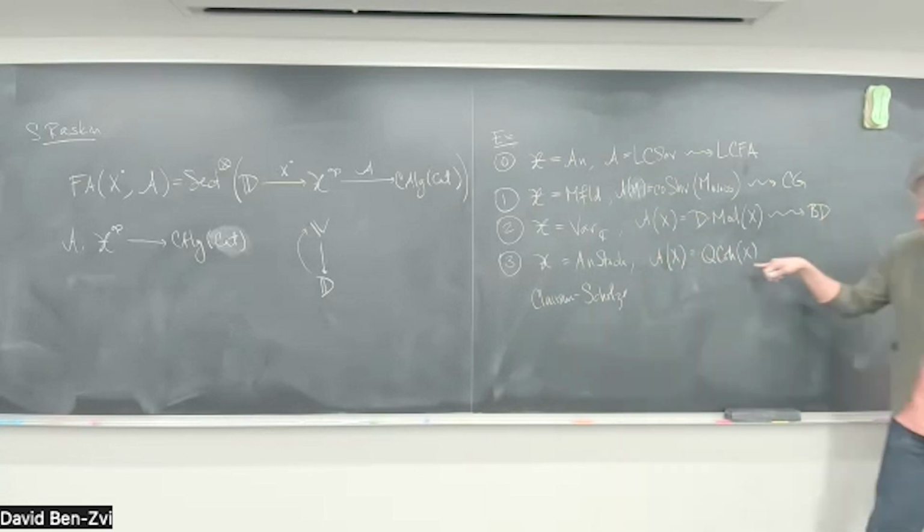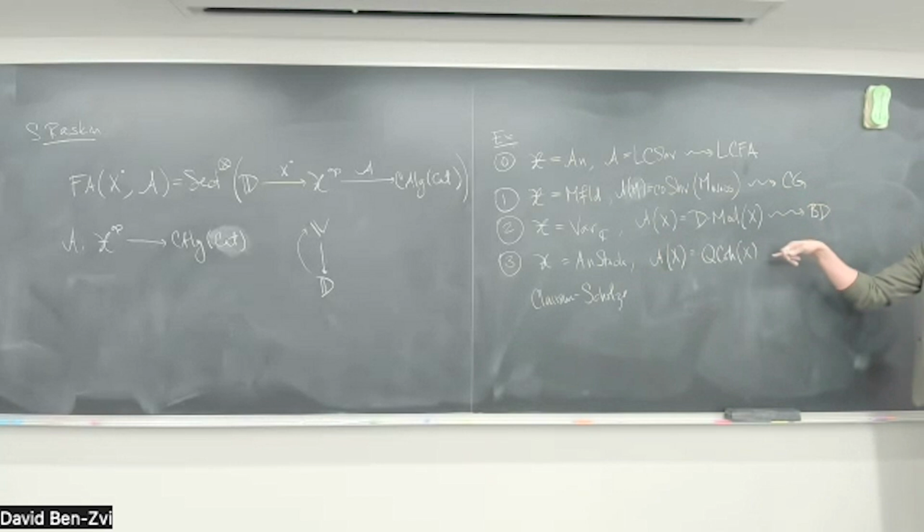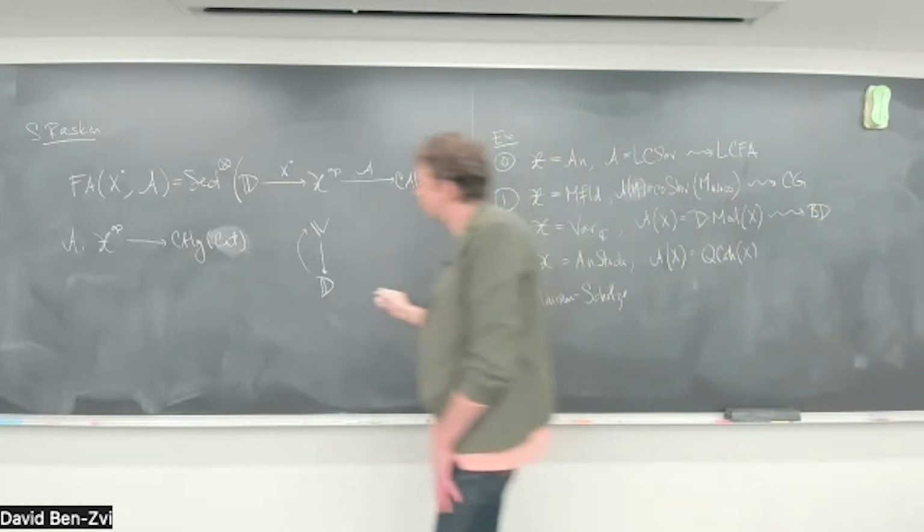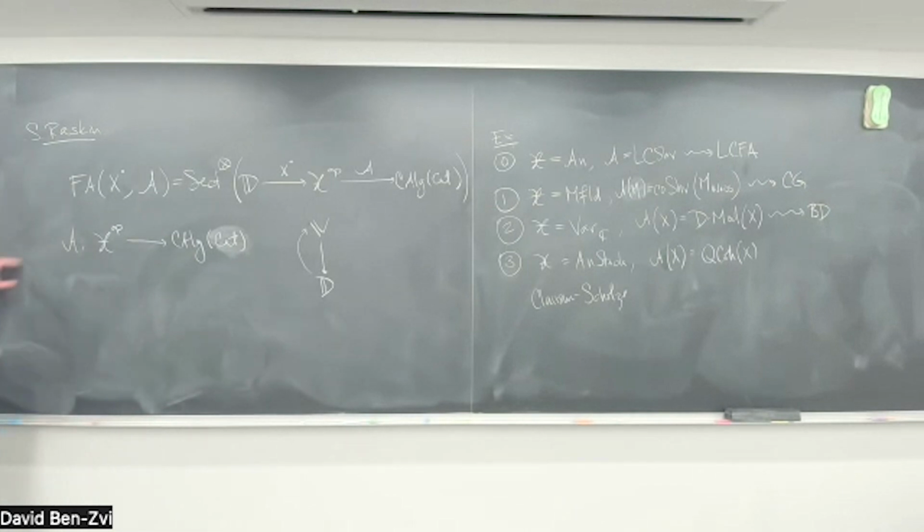So I think that this is going to be a really exciting example, and in particular, the Farg-Fontaine curve is going to live here. I don't have any theorems for you yet about the Farg-Fontaine curve. The only theorem I do have, this is literally the unique theorem of the talk, is that if this is part of a six-functor formalism, so if it has the full apparatus of geometry in Grothendieck's sense, then it extends to a six-functor formalism here